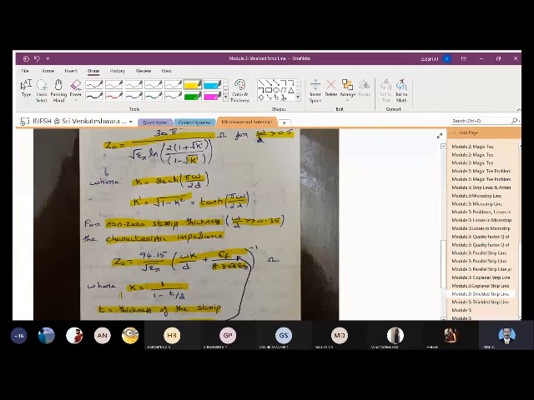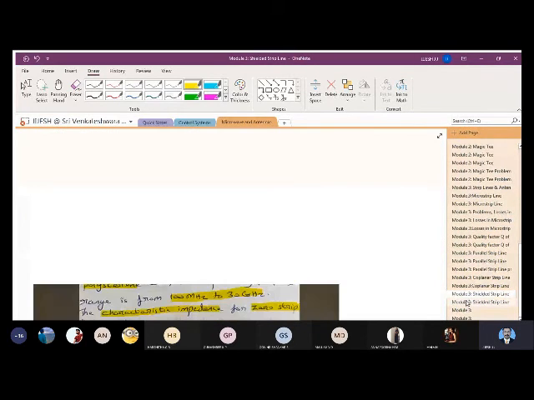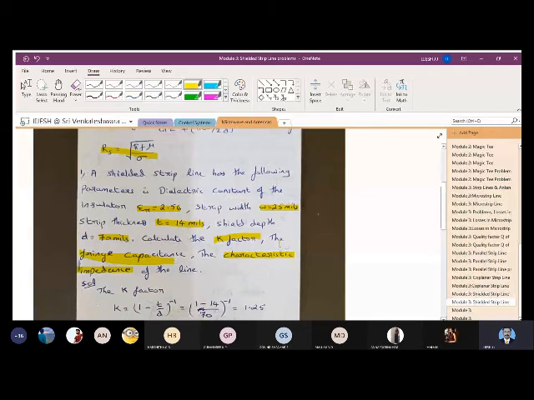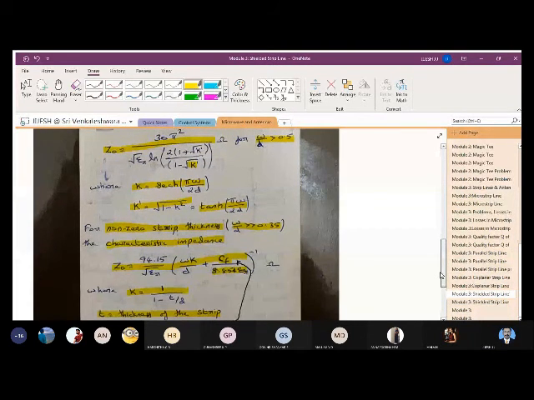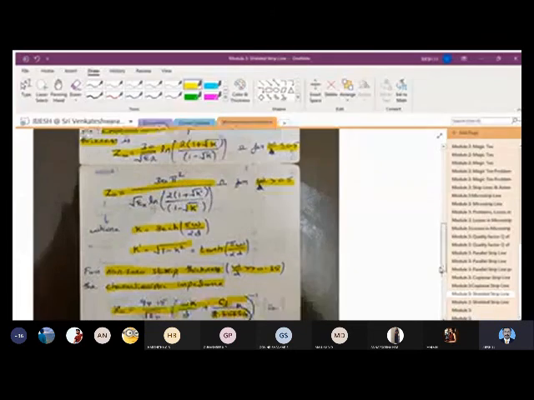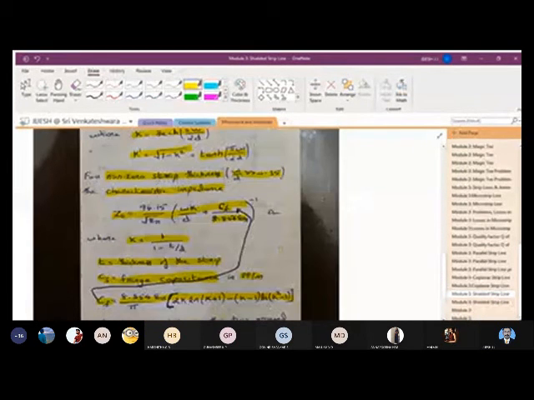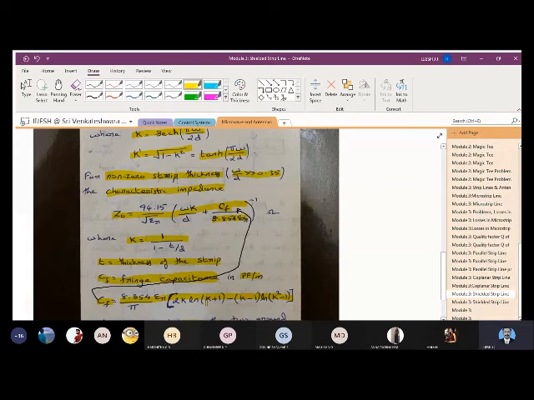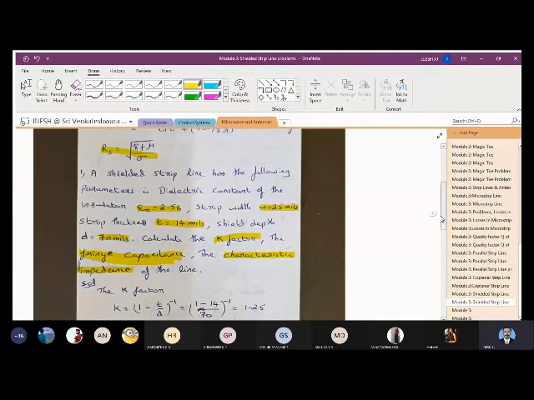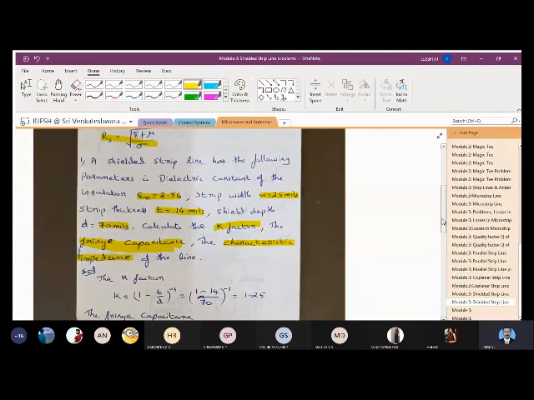That's the reason they have asked you to find the K factor and the fringe capacitance. When they have asked you to find the fringe capacitance, it is understood that this is the equation you have to use. You see the previous equation. Is there any fringe capacitance available? No. So these are the equations you have to use. The equation is 1 minus T by D inverse. So you got 1.25?